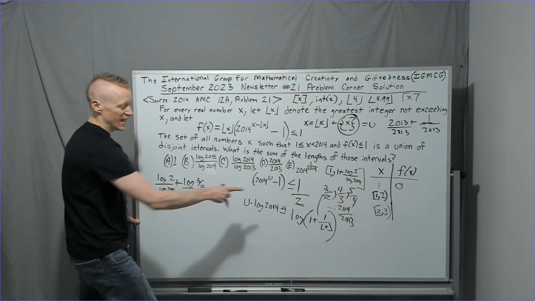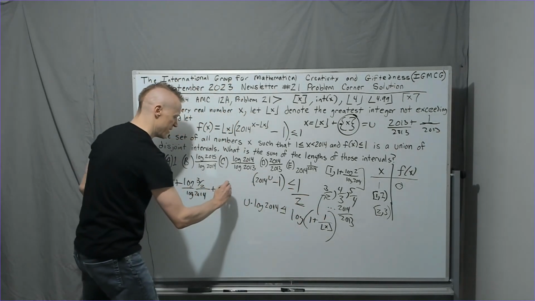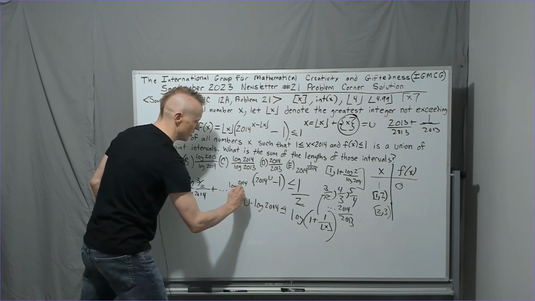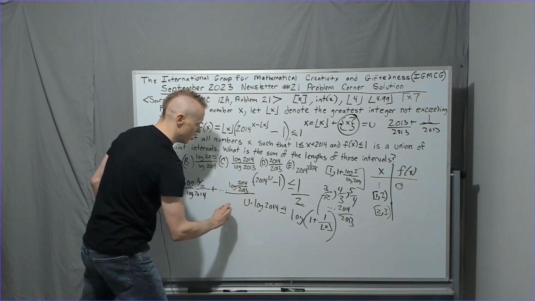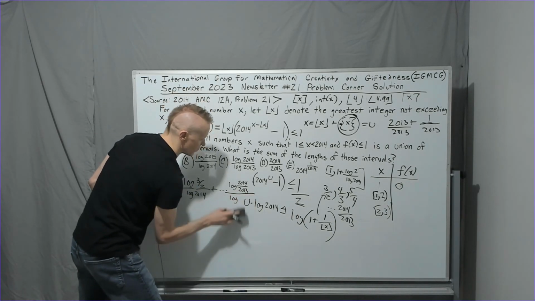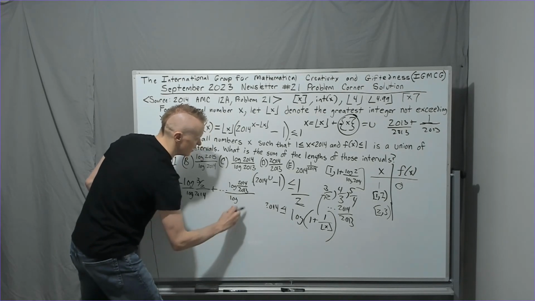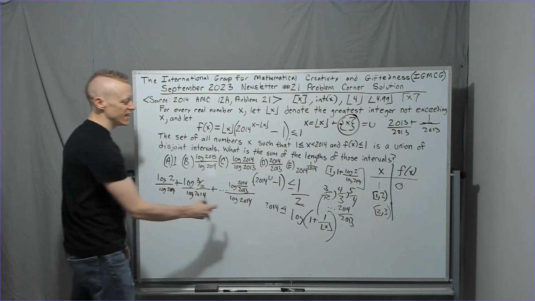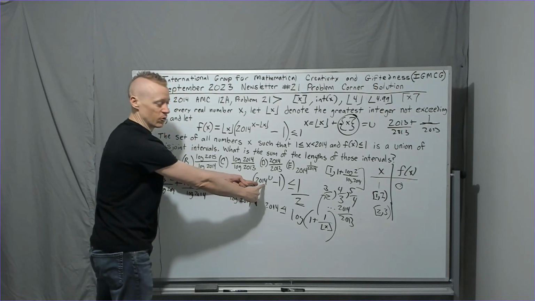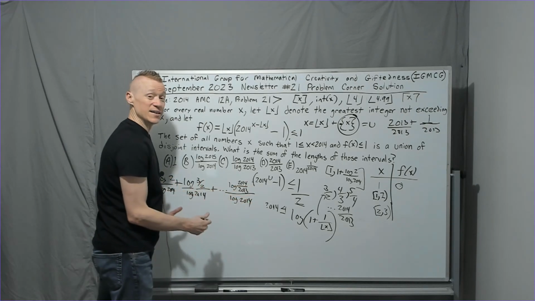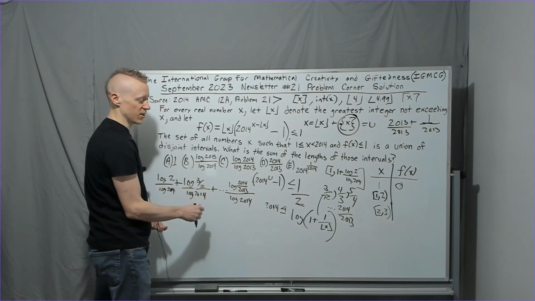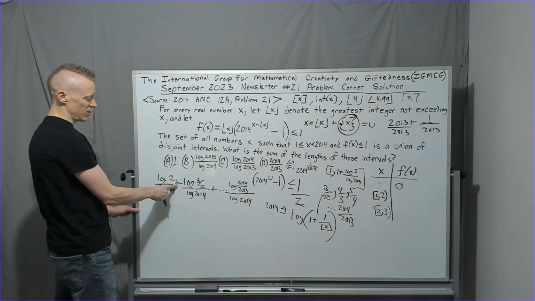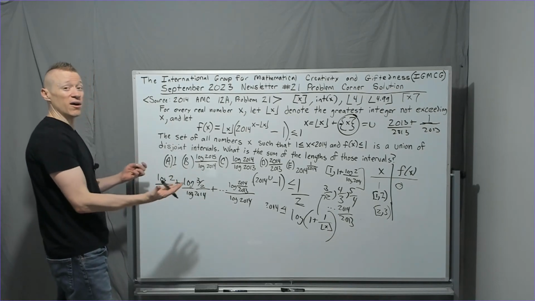Where is it going to end? It's going to end with this one, right? We're going to end with log of 2014 over 2013, all over log of 2014, right? Every single denominator will be log of 2014 because it's always coming from this 2014, after we've moved the 1 over and done the logarithm and pulled the u to the front of the log. So it's always going to have that. But what do we have in the numerators? We have all plus signs, right? By now, I hope all of you have perceived